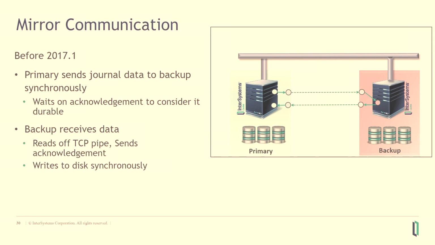And this is the way it worked before 17.1. In 17.1, there's a pretty major performance improvement for the backup, and async members keeping up. The writes to the OS for the journals are now asynchronous, so it speeds things up a lot because the backup can accept a lot more data without actually having it written to disk and needing to wait on that. So the main reason that's a lot faster is because it can stack a bunch of writes on top of each other. So if one write is really slow, we can just do a giant one afterwards. Or if there hasn't been that much data, we can just get it.